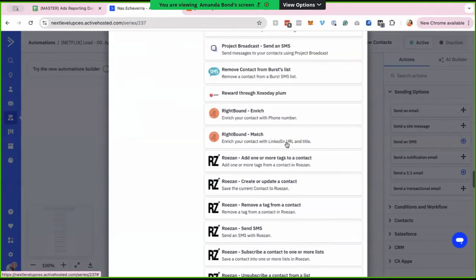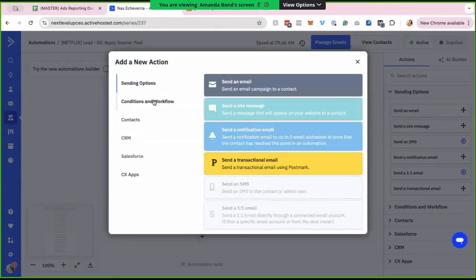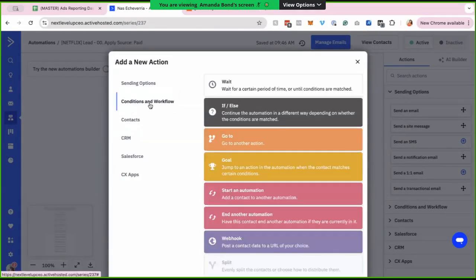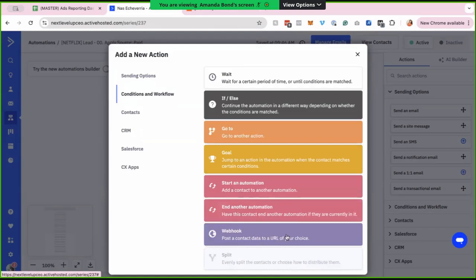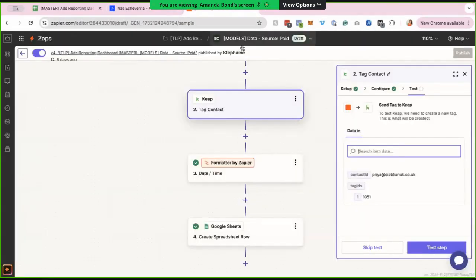I don't think it's a third party. I think it's under conditions. Yeah, condition, right there, down at the bottom. Yeah, perfect. So you put in a webhook, and then I'll show you what